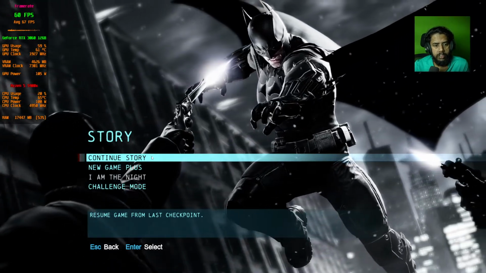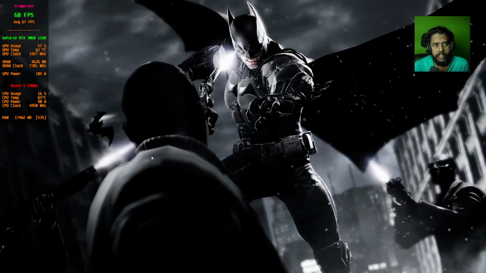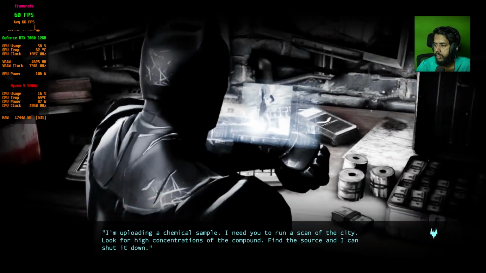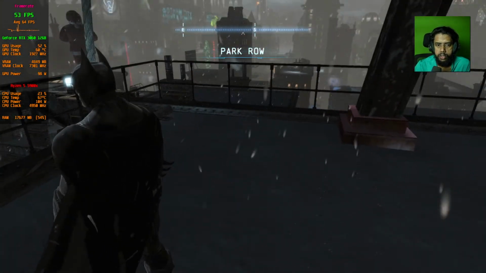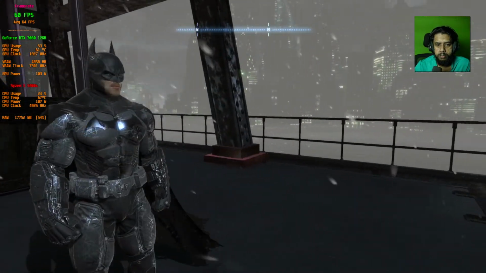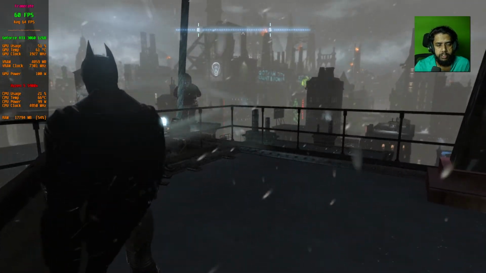And by the way, it's running at 60 fps because the monitor is set to 60 Hz right now, so it will automatically switch between 60 or more if I change the refresh rate of the monitor.